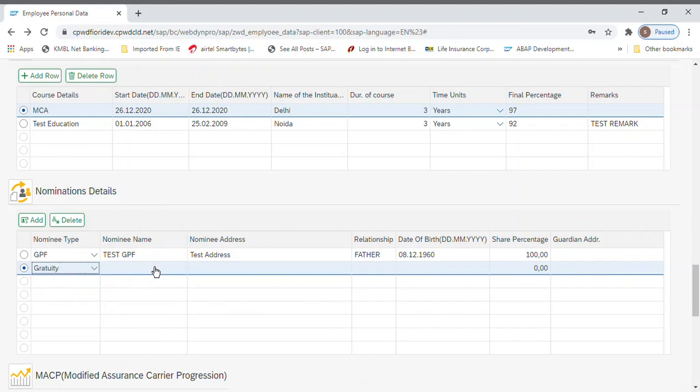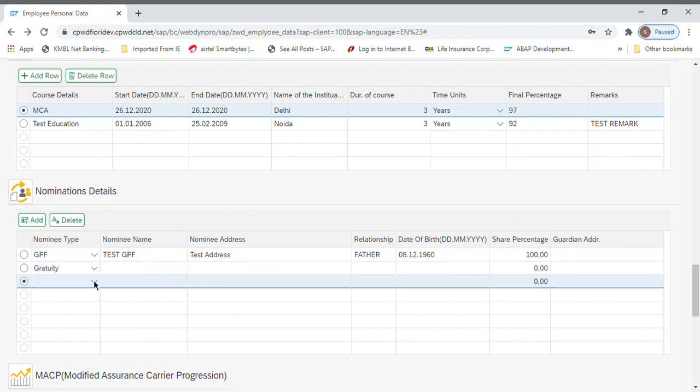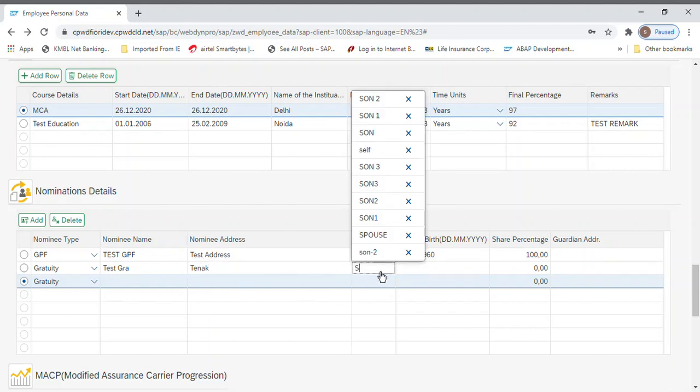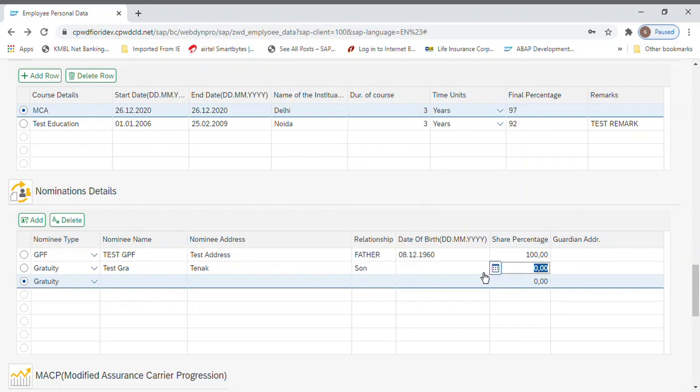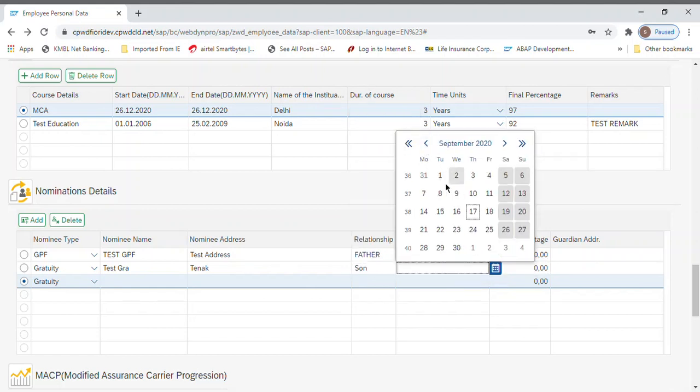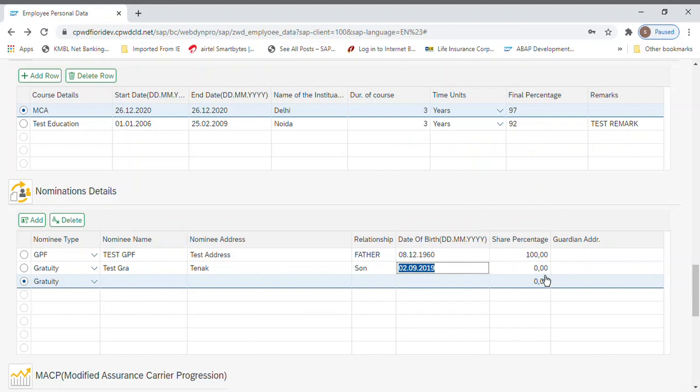So I have to add two rows with the same gratuity: gratuity, son, and here 50, then so here please